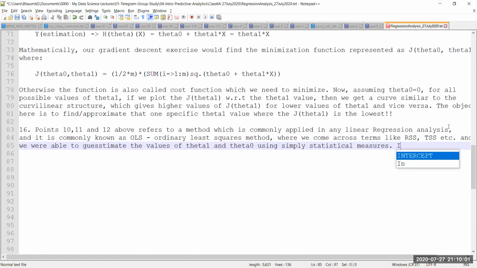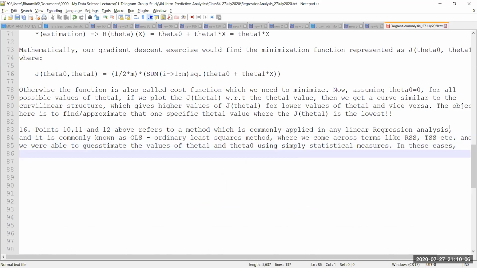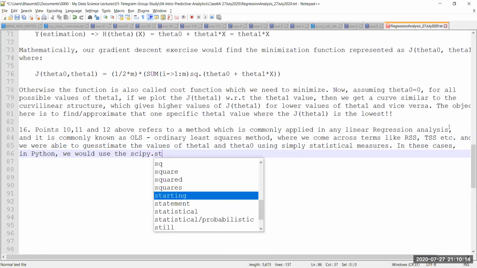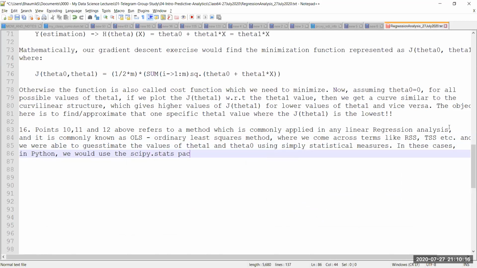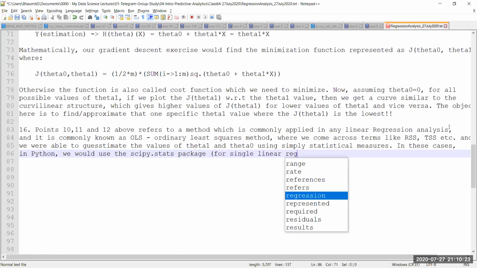When we implement them in Python, we would use the scipy.stats package for single linear regression,